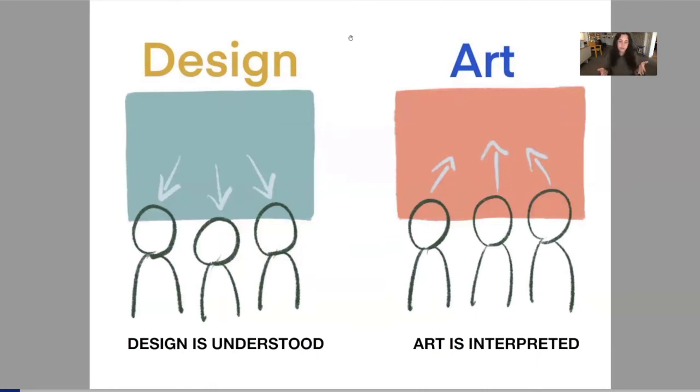So I always like to start off with an explanation of what art is versus what design is. Design is understood. So you are creating something and you want everyone to see it and get the same result. You want to communicate the same message to people. Art is interpreted. So 3 people might be standing in front of a piece of art and all have entirely different reactions, and it might speak something differently to each of those people. If your design does that, it probably wasn't effective design. So this image right here drives the point home of design goes out. It is communicating something to the people, where art, the people get something out of the art.